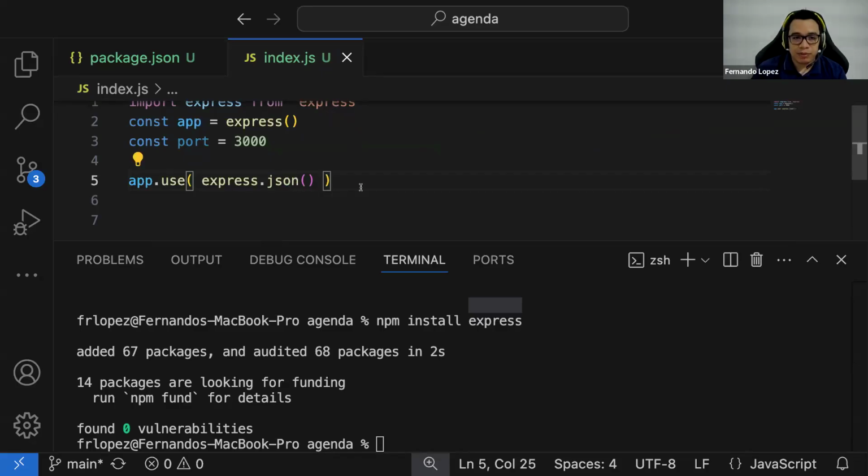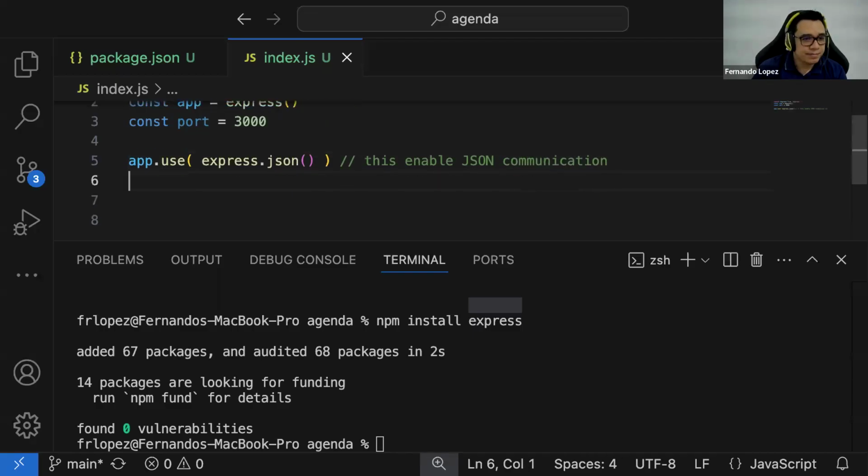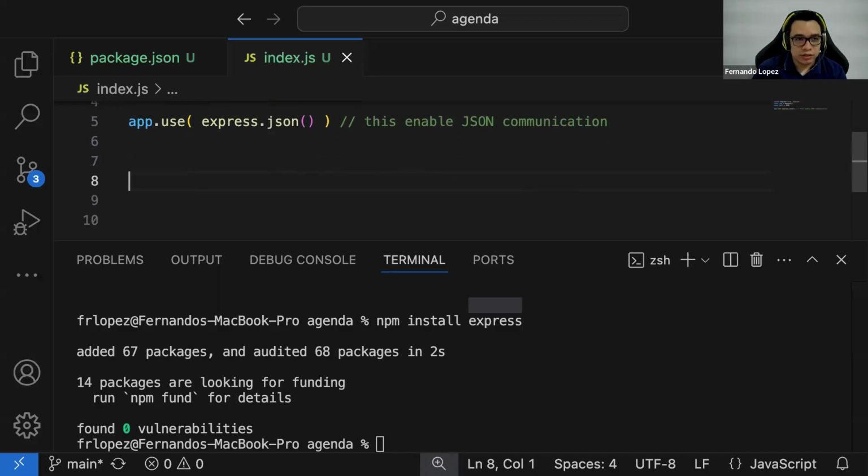This is going to enable the JSON communication. Does this make sense? Let me know if there are some questions, guys. Don't be afraid of it. Now, we're going to deploy the project.